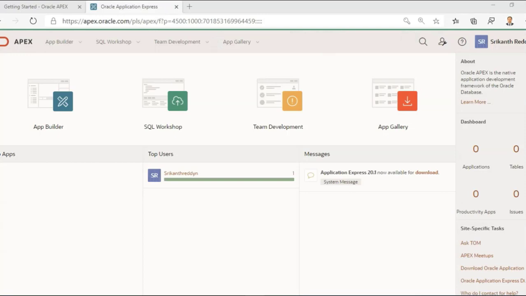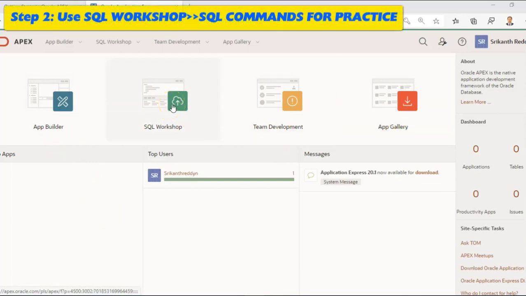Once you have signed into your workspace, this is the interface that you are going to get. In this interface, App Builder is there, SQL Workshop is there, Team Development, App Gallery is there. We'll click on SQL Workshop.